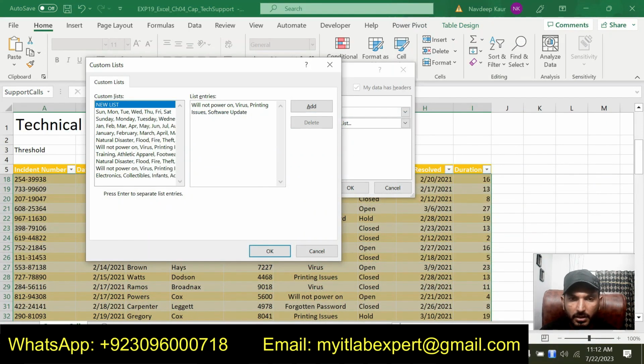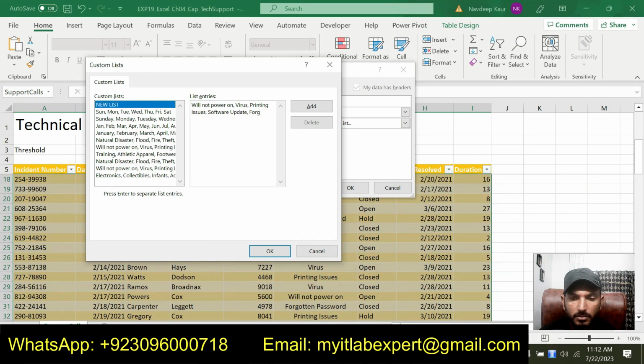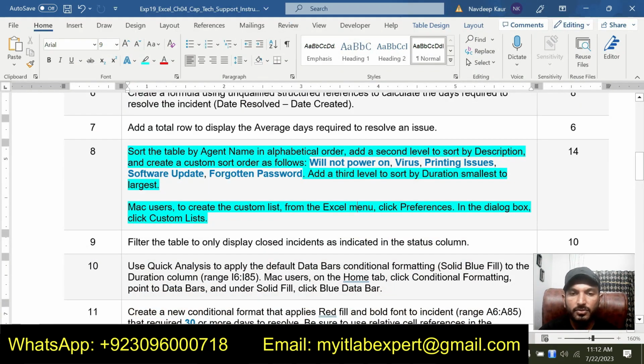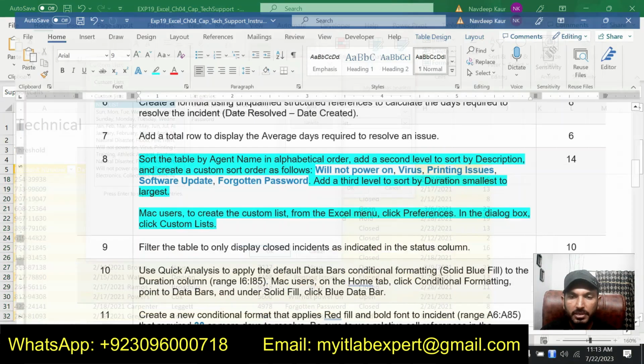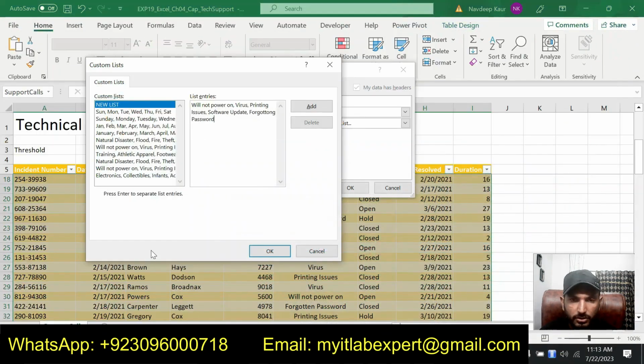Forgotten password. Next one is forgotten password. So custom sort is will not power on. Then second one is the virus. Then printing issues. Then software update and forgotten password.